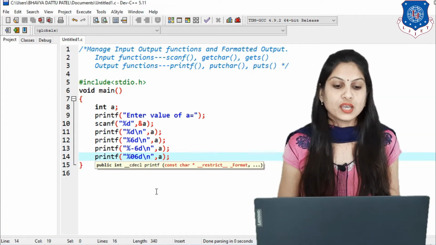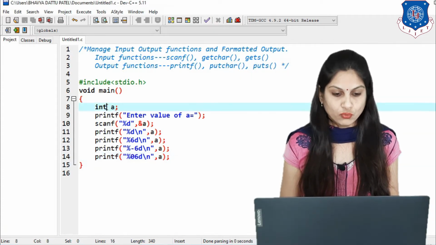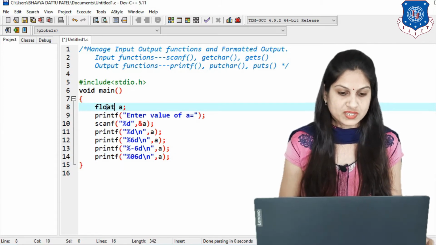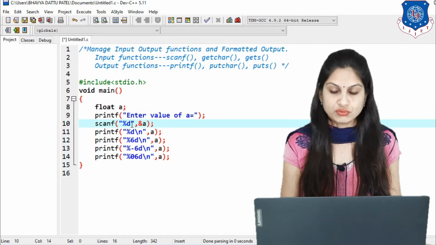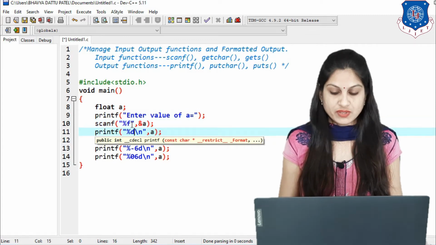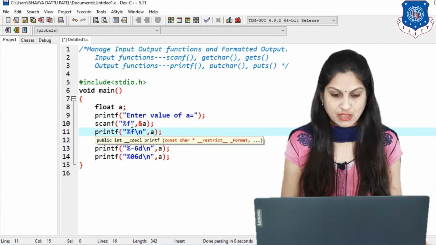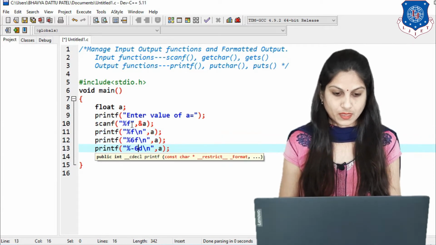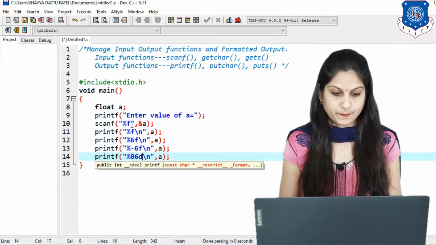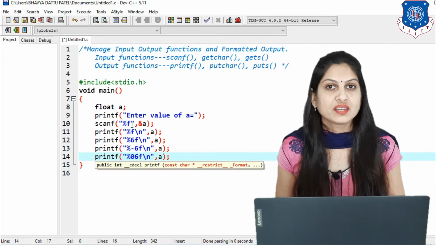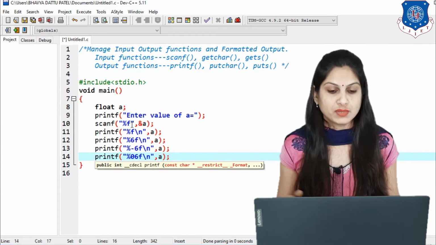Now check for another kind of data, that is float. So instead of integer, now I am putting float and changing the control string to %f. So here we are writing %f everywhere. Now if you remember, the float value means the real value, with a decimal point.